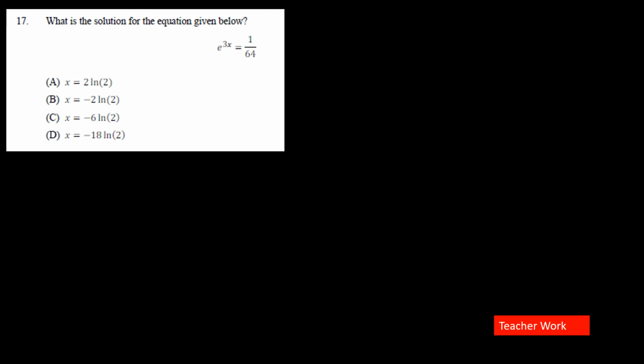This one here says, what is the solution for the equation below? Okay, so when we're doing this one, we're going to have e to the 3x equals 1 over 64. And the issue is I want to get this 3x and I want to bring it down. To do that, we'll have to use the power rule of natural logs. Because remember, natural logs and e's are inverses of each other. ln and e are inverses